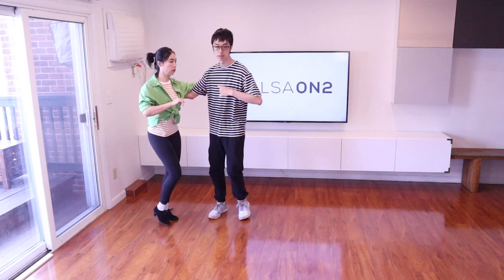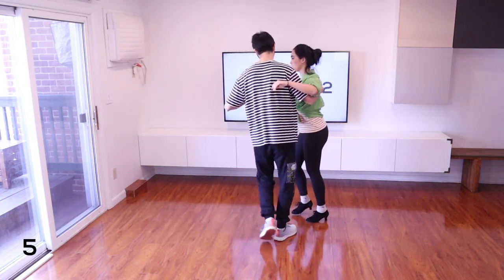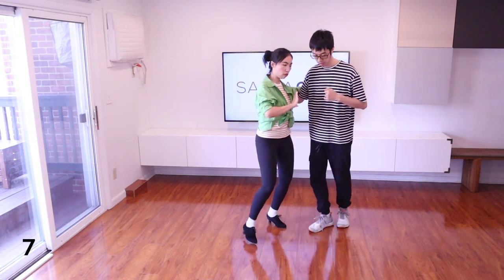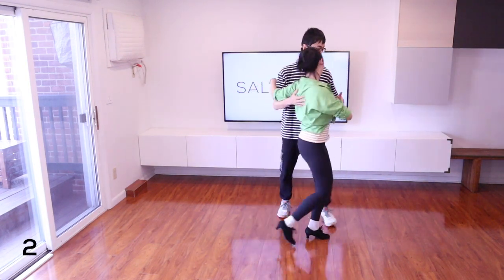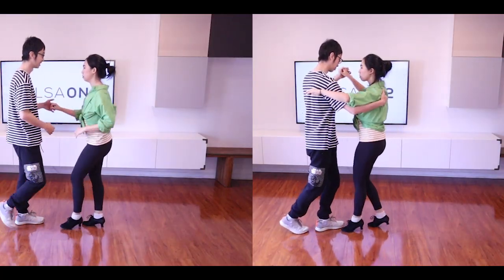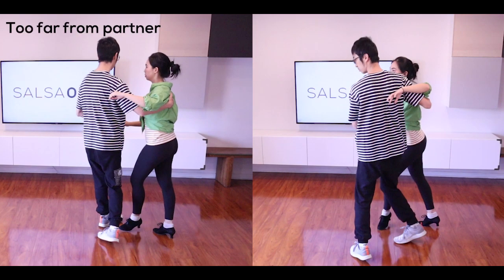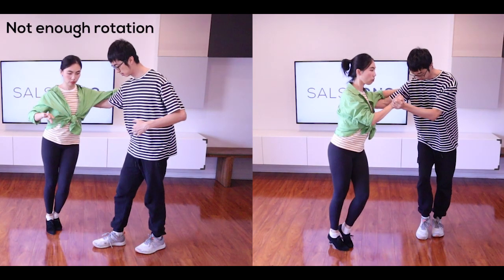Maintaining that 90-degree angle with your partner from start to finish requires more rotation, and the more rotation you can get, the more impressive it looks. Also, in order to get that good rotation, it is important for the leads to position themselves closer to their partner. You'll notice that if I don't bring my feet in far enough, we're not able to get the full